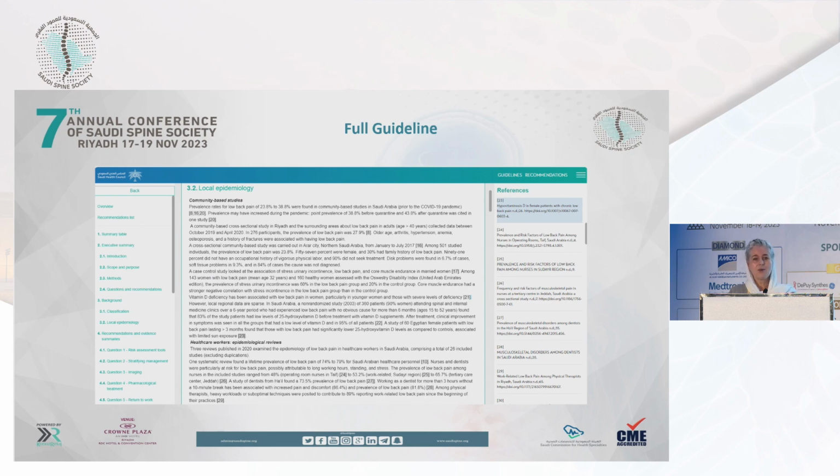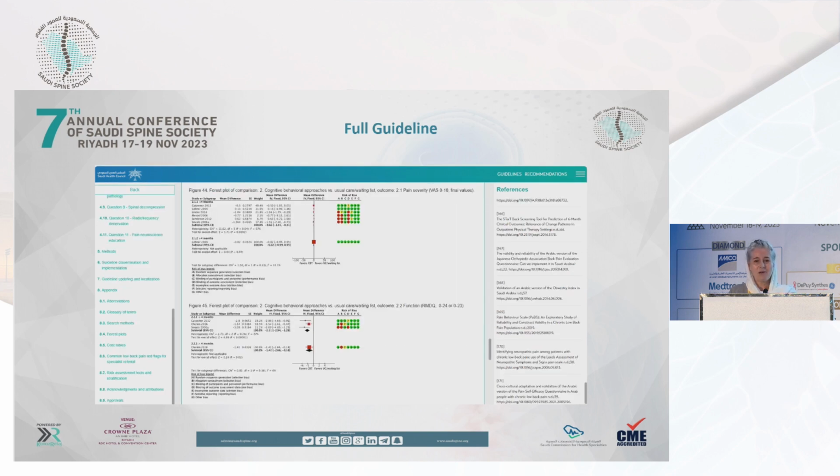And this is this huge manuscript that our task force and of course our peer reviewers have worked through so diligently, providing that background section, including classifications, the local epidemiology, and then the very in-depth evidence summaries that were presented to the task force when they made that recommendation. You see the references always listed on the right-hand side, and the already mentioned forest plots, including the risk of bias assessments.